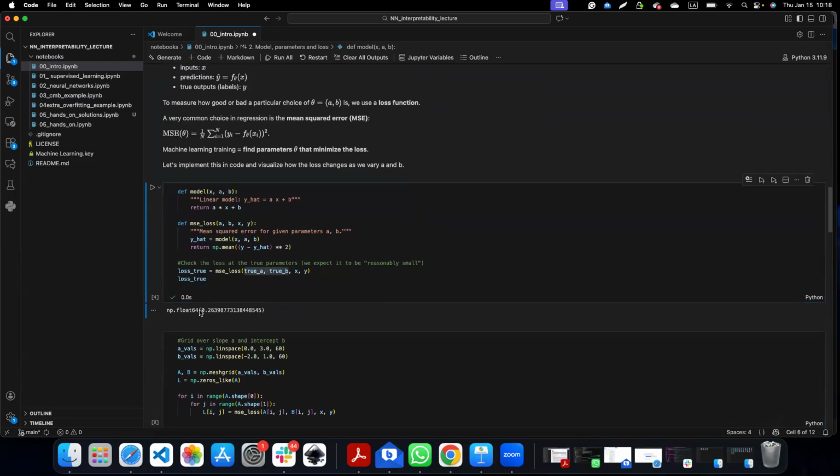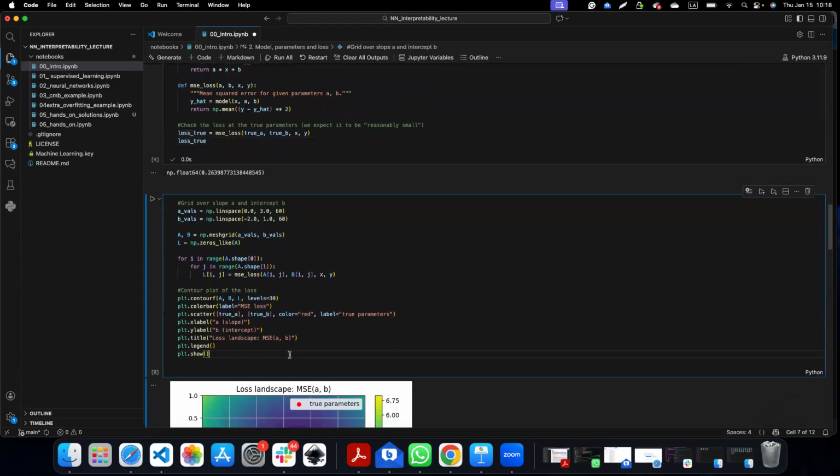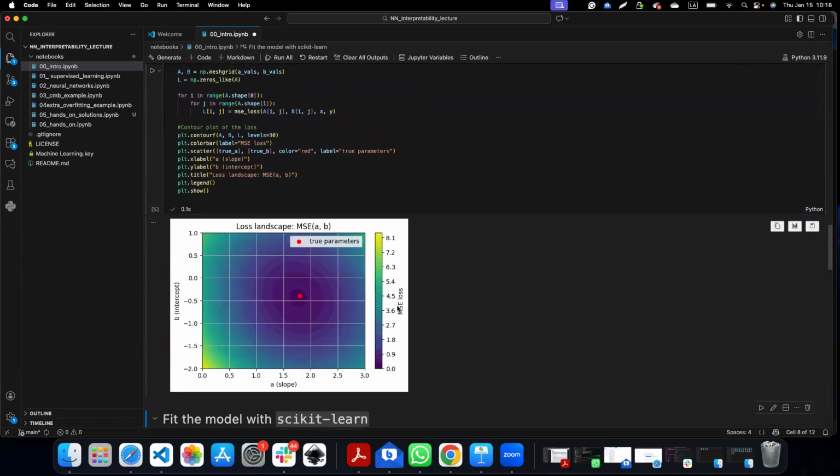So now we have computed the loss. And what we want actually is, can you run the next? Here we have all the values of A that we are trying to explore and the values of B, which is the intercept. Our two parameters are here. So this is the loss landscape, meaning that it's getting lower whenever we get closer to the true parameters. I know that maybe you have already seen this before, but it's a good review